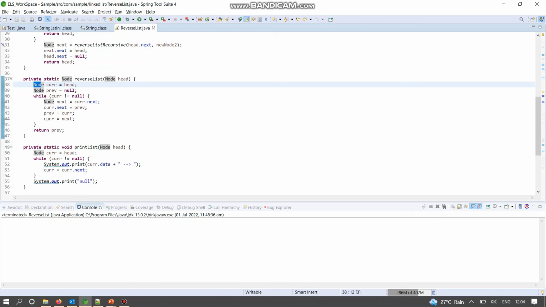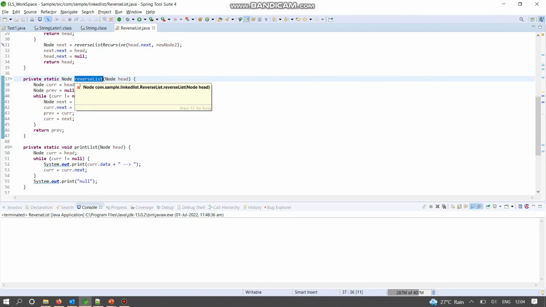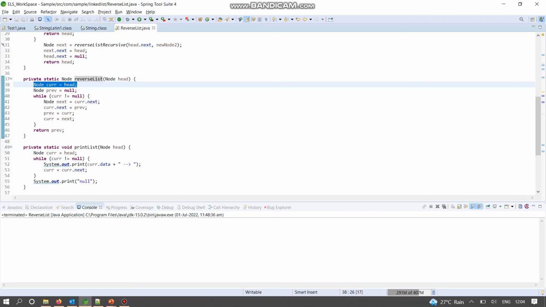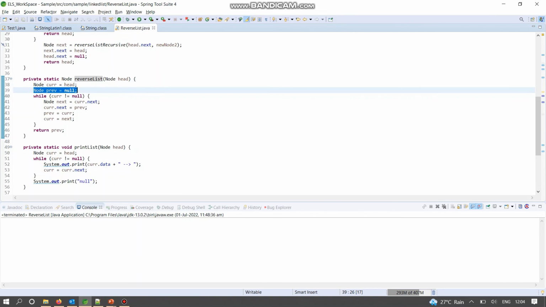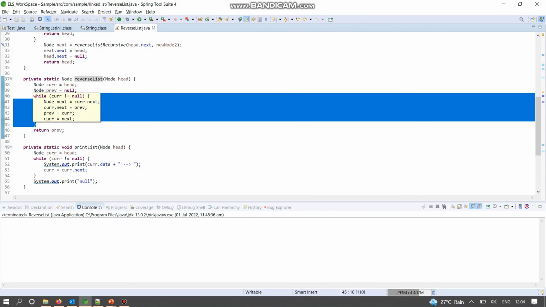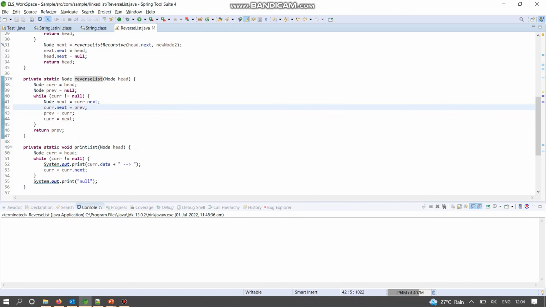So here I have written the code in the IDE. As you can see here, this is the reverse list function. In this function, initially we initialize current with the head and previous with null. Here we are iterating the linked list till we reach the end of the linked list. While iterating, we are pointing current's next to the previous pointer, and then we are updating previous and current by the next node.